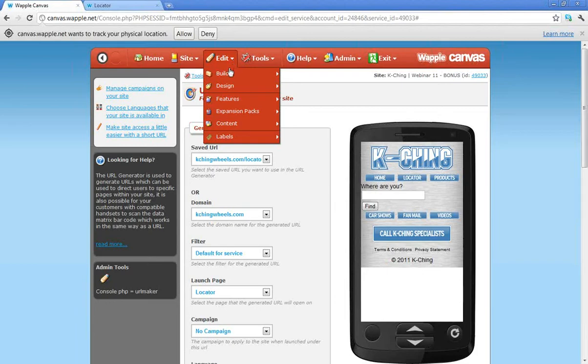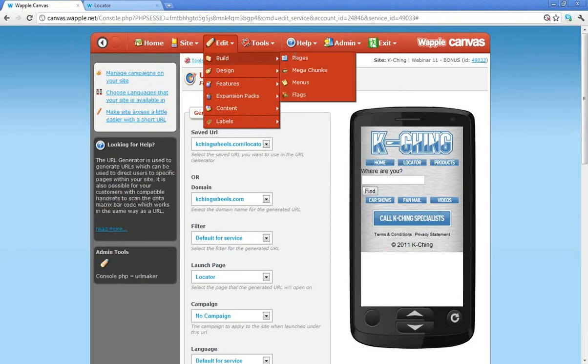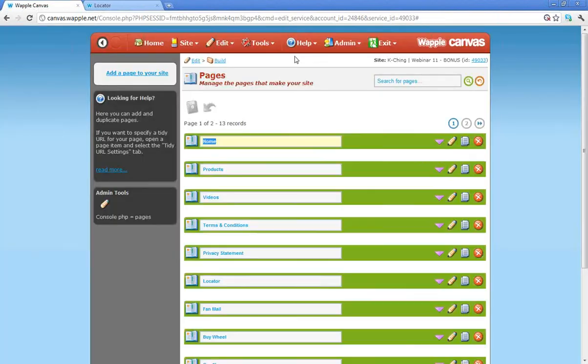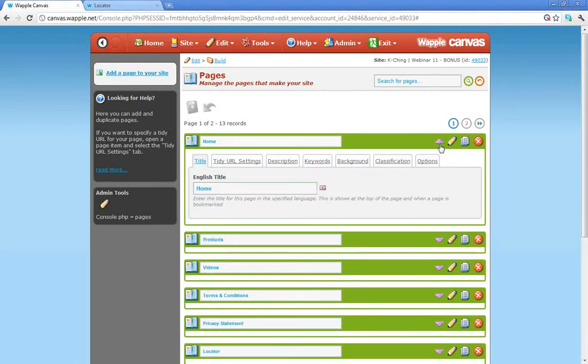The first one we'll look at is using keywords. So you can go into Edit, Build and Pages, and you'll see all of our pages here